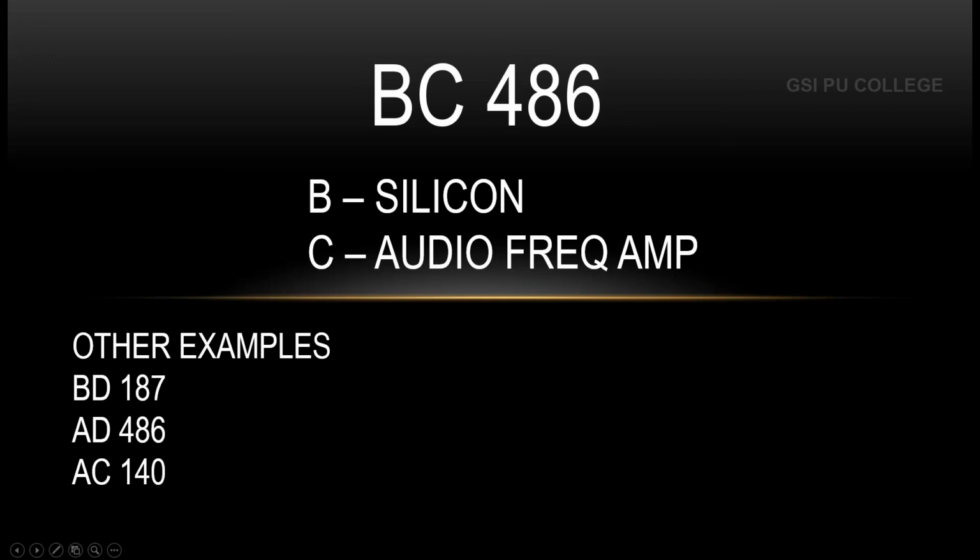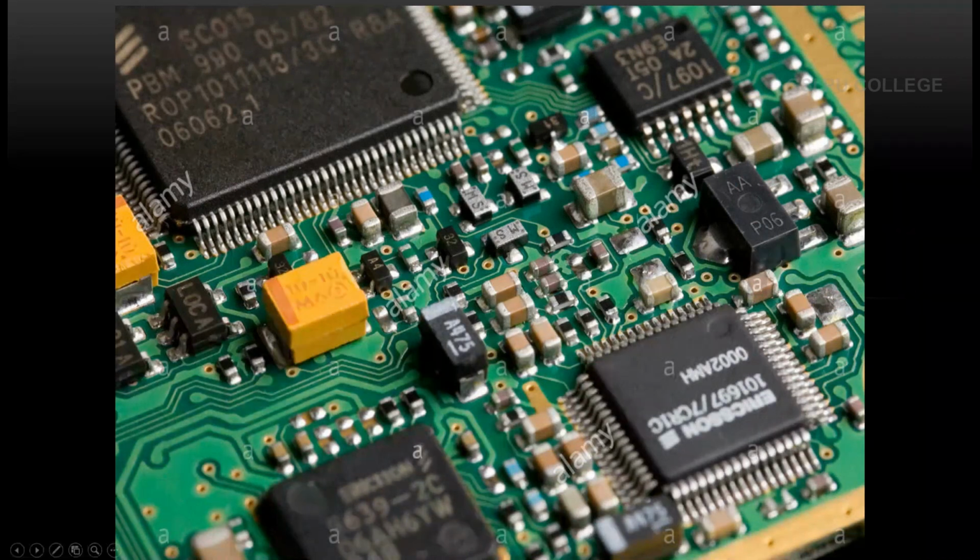So this is the modern PCB board which we are going to use in almost all of the electronic devices. As I already showed in the earlier slide, there were a number of transistors, resistors and capacitors, but here in this particular picture all the electronic components are seen in the same way. There are so many transistors, resistors, capacitors, and all look alike. And all these are SMD components, surface mounted components. So these type of PCB boards are now seen in almost all of the electronic devices.